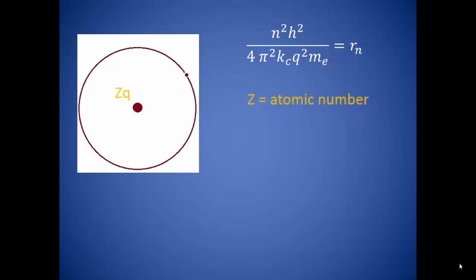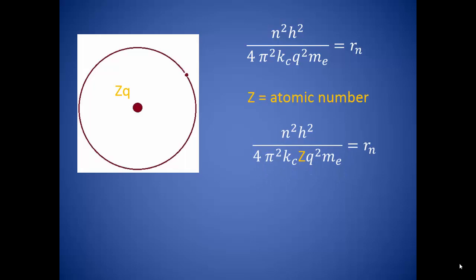So what if we have more than one proton? The number of protons contained in an atom is known as the atomic number, and it is represented by capital Z. Say we have carbon. Carbon's atomic number is 6, so this would mean that carbon has 6 protons in its nucleus. Each of those protons has a fundamental charge, and since there are 6 of them, our total fundamental charge inside the nucleus would be 6Q. This is definitely going to impact a lot of things, and we have to account for those changes in our calculations. This is done simply by multiplying Q squared by Z.